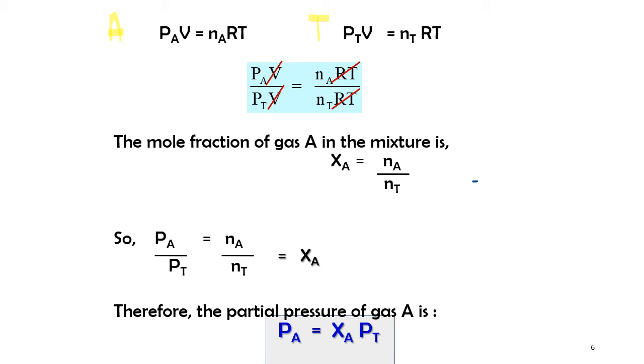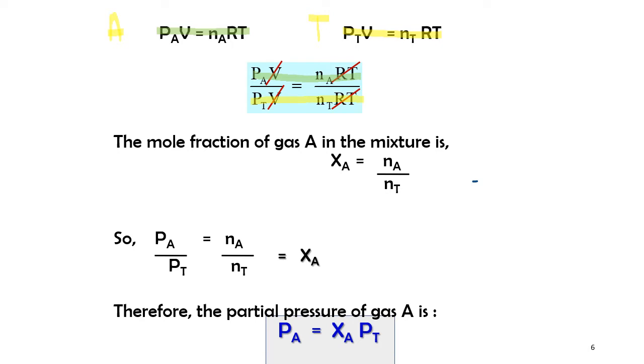You can see for the first one, I highlight in green, ini untuk gas A. The one yang di bahagian bawah, PV equals nRT, but this one is for the total. So if you combine these two equations and simplify them,